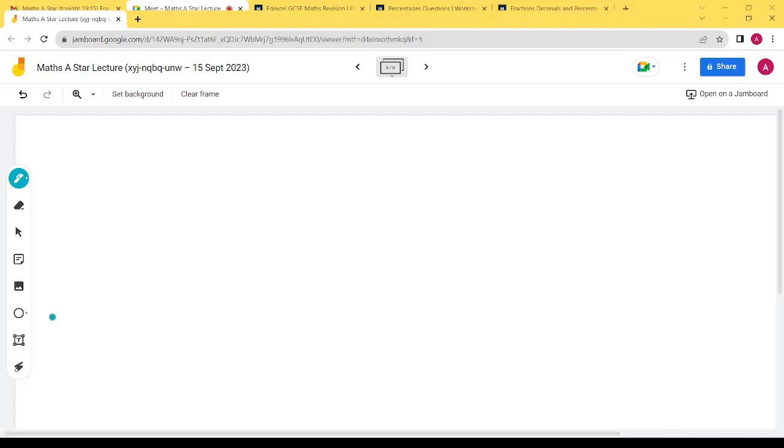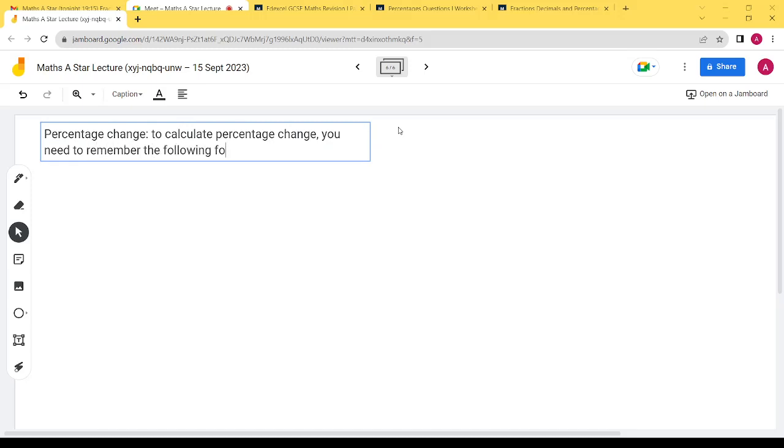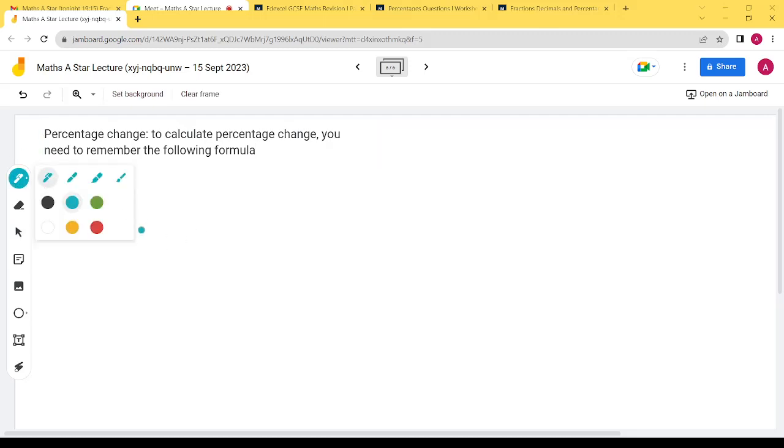Okay, so our final percentage scale we're going to look at for now, our individual percentage scale, and this really leads into conversions, because what you're doing here is basically what you do in conversions as well. So to calculate percentage change, you need to remember the following formula. And so percentage change